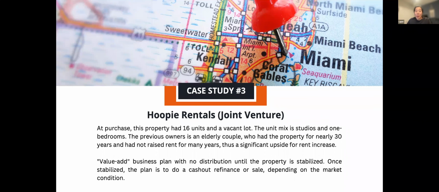Usually those are the really, really good properties to do a value add, right? Because you know there's so much potential, there's so much rent growth there. So all right,